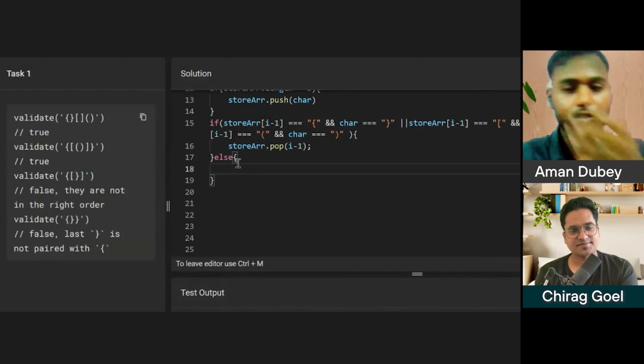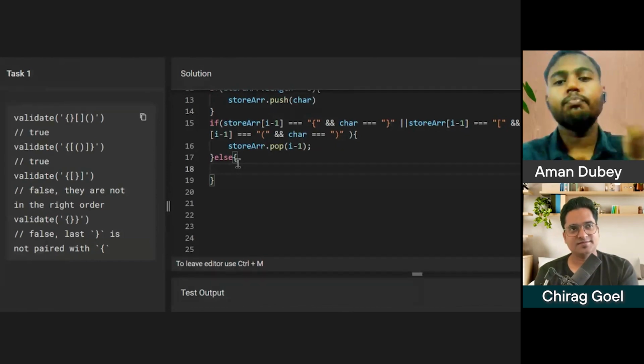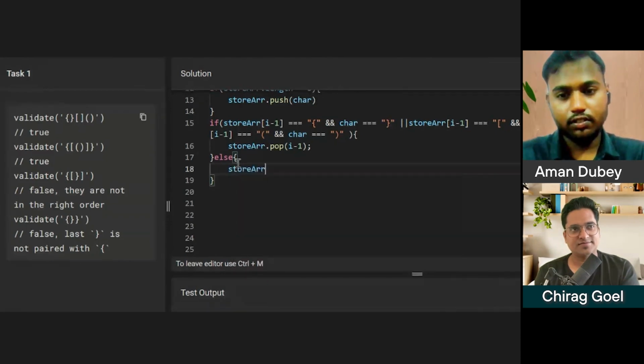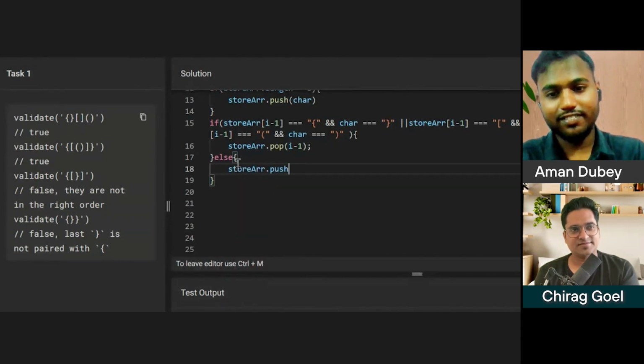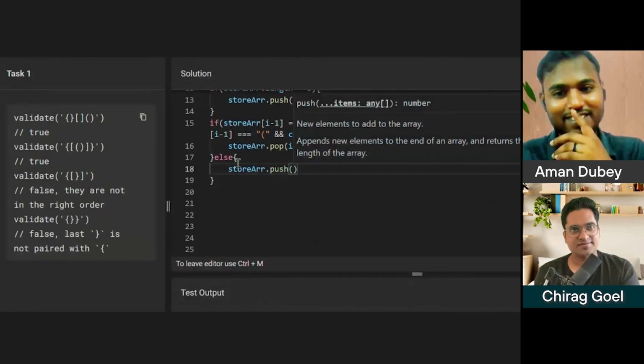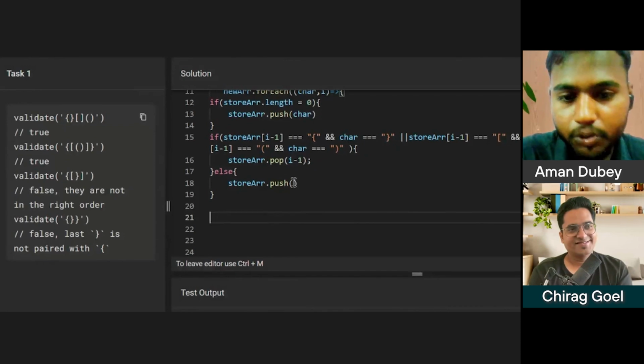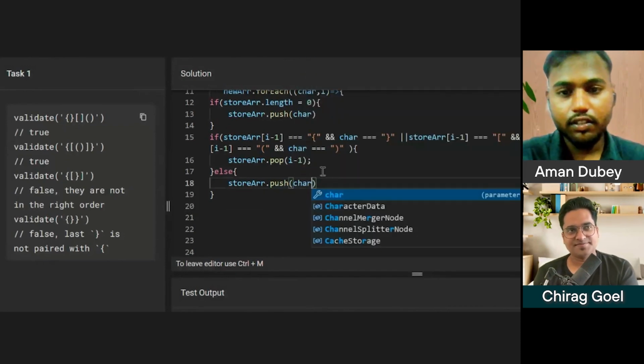Else, what I will do is push it to the array: array dot push, and I will push the character that we have.